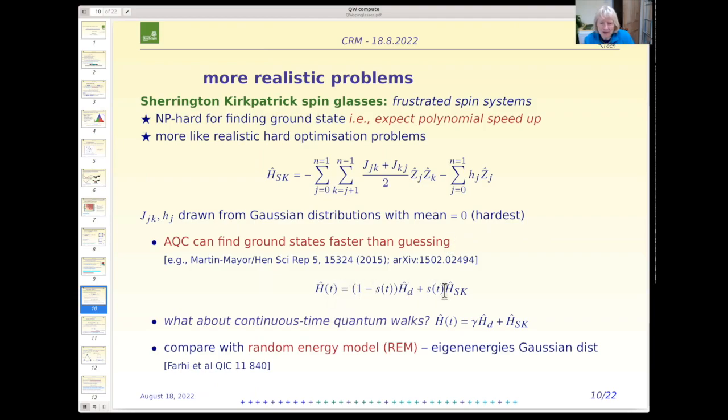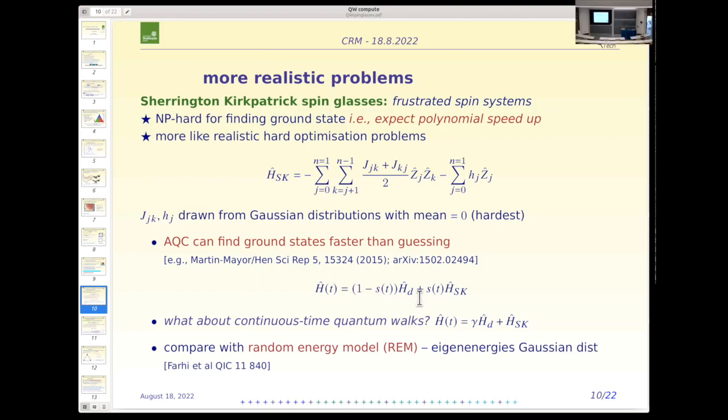And so this is the equation. We now have time dependence. So here's the Hamiltonian that does the quantum walk, and here's the problem Hamiltonian. And then we change the proportions of each if we want to do adiabatic quantum computing. Now, at this point,